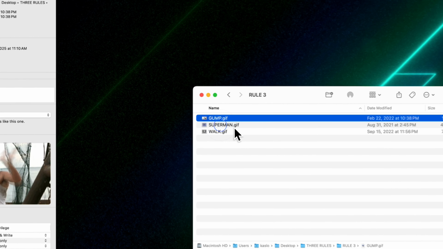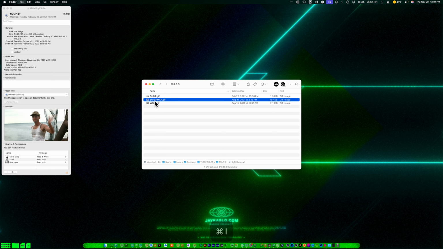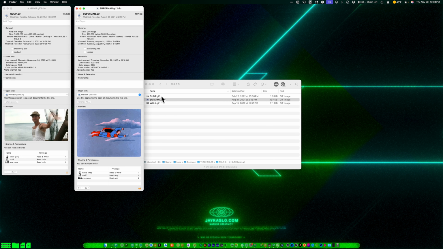But what if you wanted info for this other file, Superman.gif? So you would have to select it and then hit Command I to bring that up. So this is just 3 files, but if you're working with a ton of files, you're gonna have a lot of these Get Info windows popping up. And what I wanna show you is if you just kinda wanna cycle through a bunch of images or files, whatever, videos, anything, the better way to do this is not to just hit Command I, but if you go